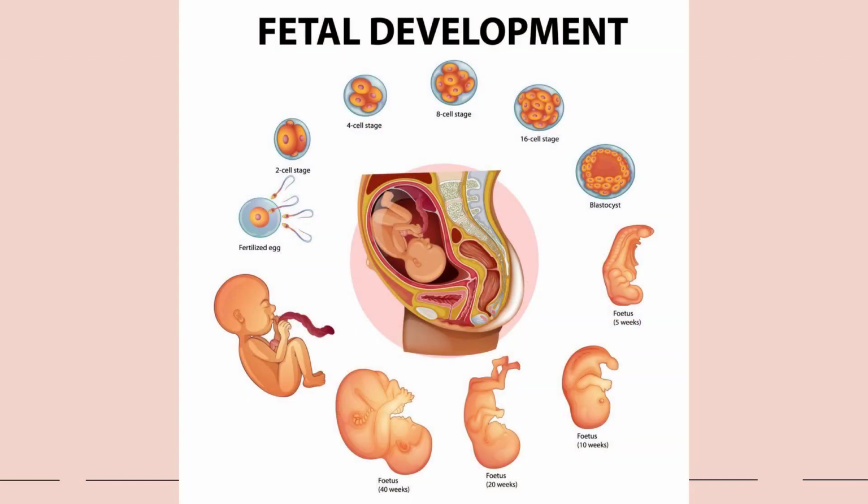Fetal development spans approximately 38 weeks from conception to birth. It begins with the formation of the embryo, where the cells specialize and organize to give rise to different systems and organs. During the first trimester, the fundamental foundations of the nervous and cardiovascular systems are established, and limbs and facial features are formed. In the second trimester, the fetus experiences rapid growth, develops stronger bones, and vital organs continue